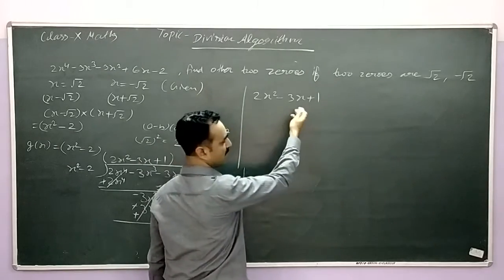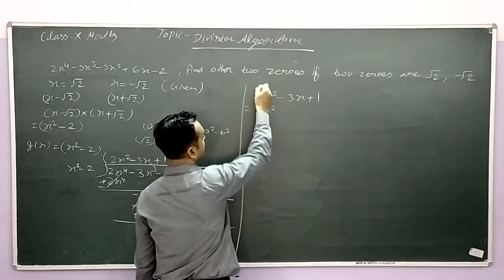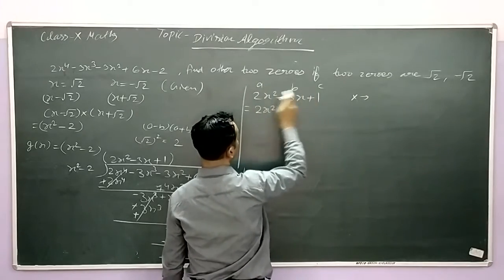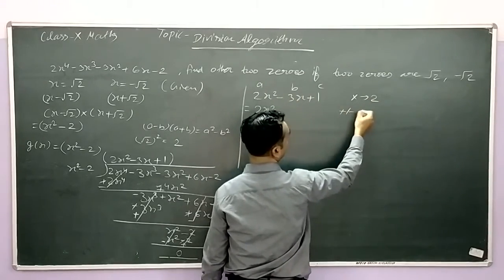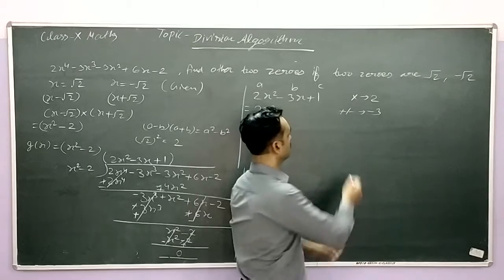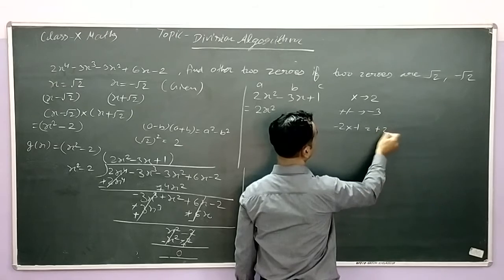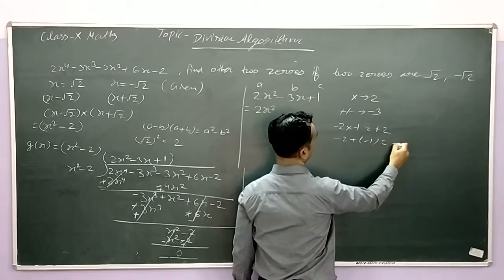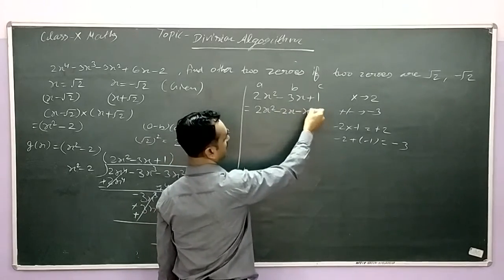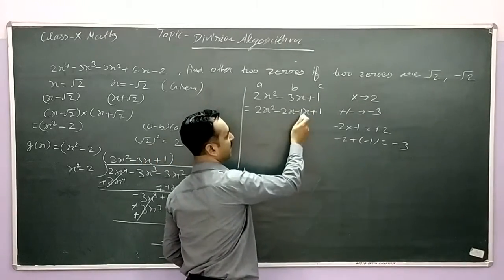So let's say by using the splitting the middle term method, you can find the factorization. 2x square as it is, this is a, this is b, this is c. So on multiplying you will get AC, so 2 into 1, 2, and the sum will be b, which is minus 3. So 2 numbers, 2 into 1 with opposite sign minus, so we will get minus 2 and minus 1, sum minus 3. So minus 2x minus x plus 1. Understand? Here is minus 1. Sometimes the student doesn't understand, so I am writing here 1x.